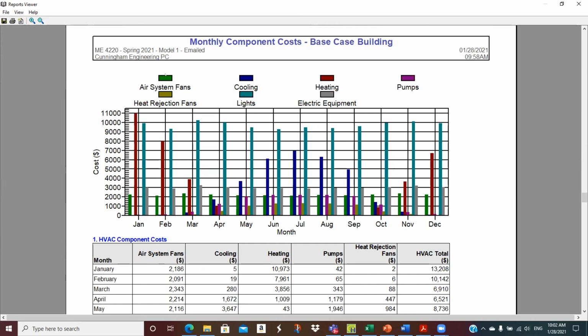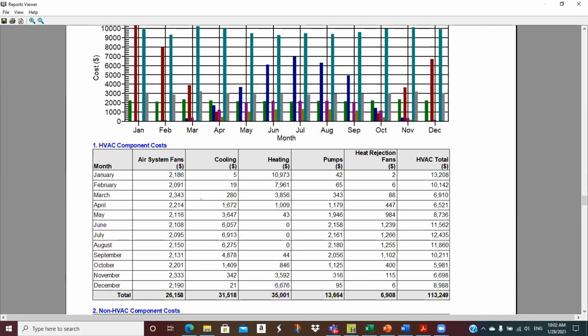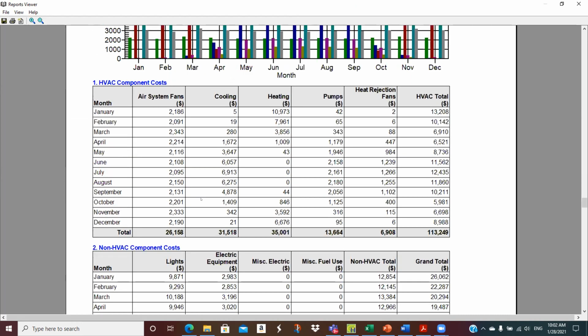So we start over here with the fans. You can see this would be the fans. And then we have cooling. Well, we're not doing cooling in January, maybe not much in February, March. And then you see the cooling energy come up, which you would expect. And then we see we've got heating energy, which is pretty big up through here. And then it comes back up and the pumps and all that stuff. And you can see the